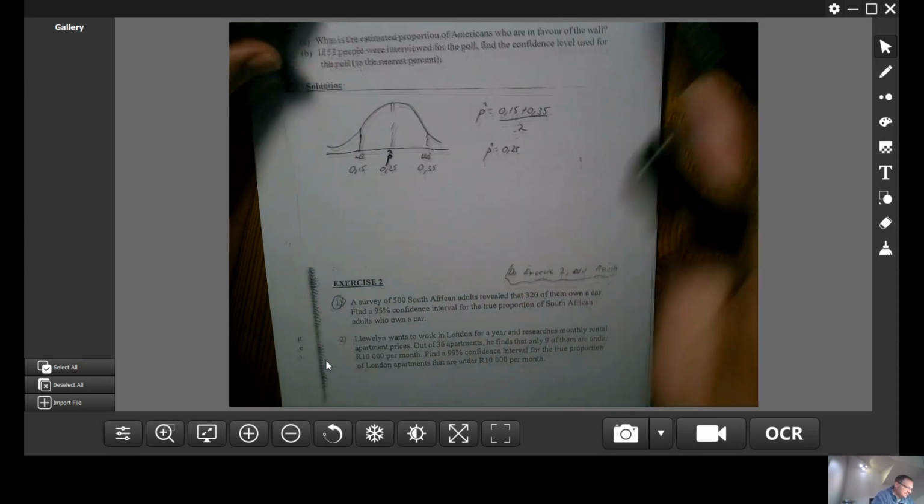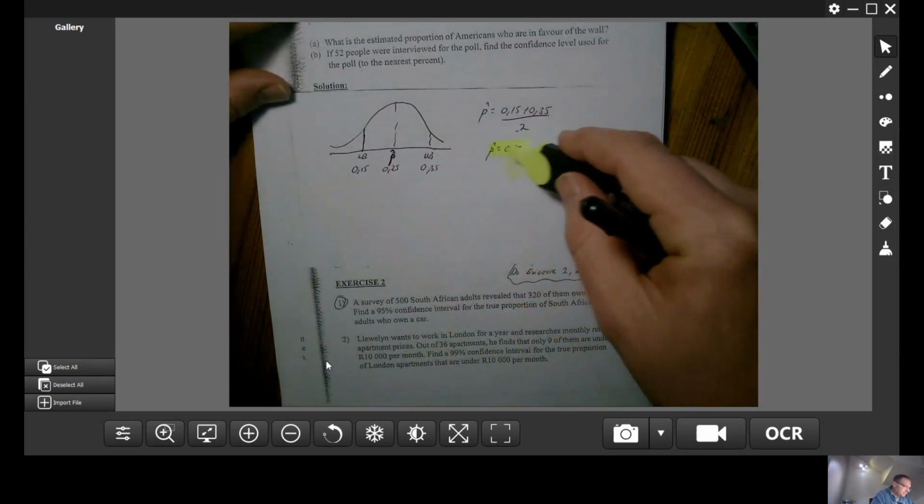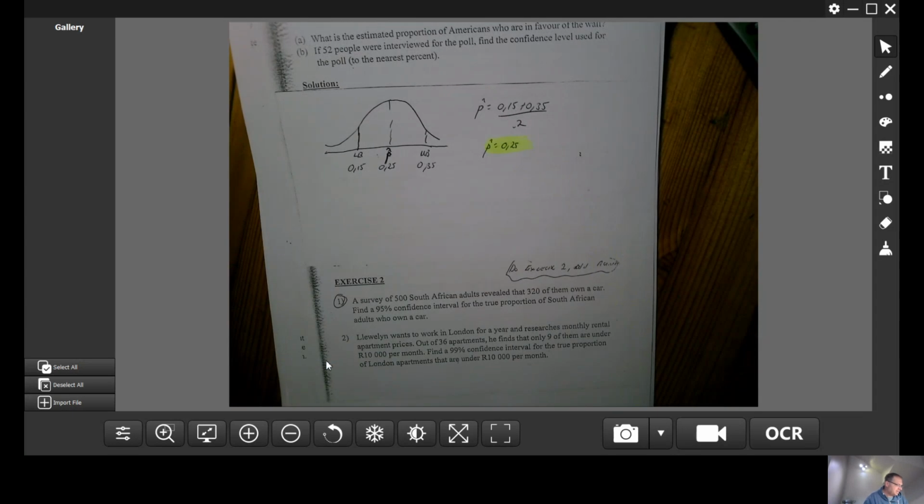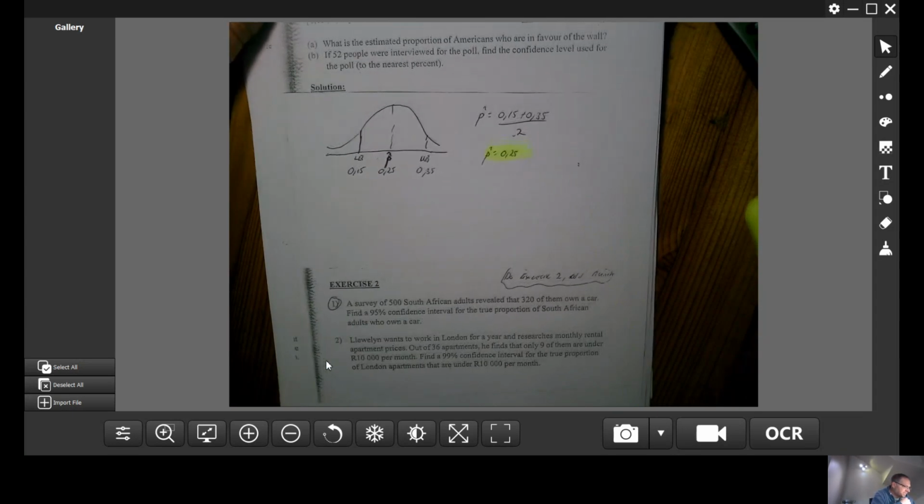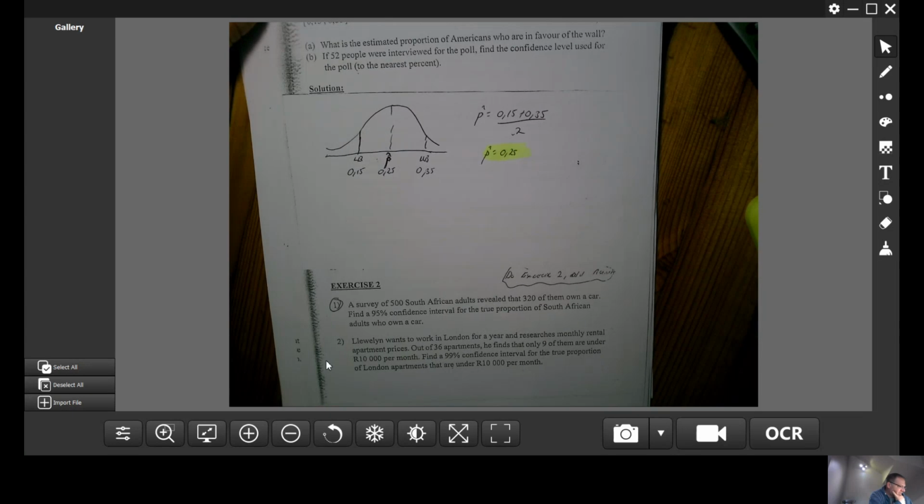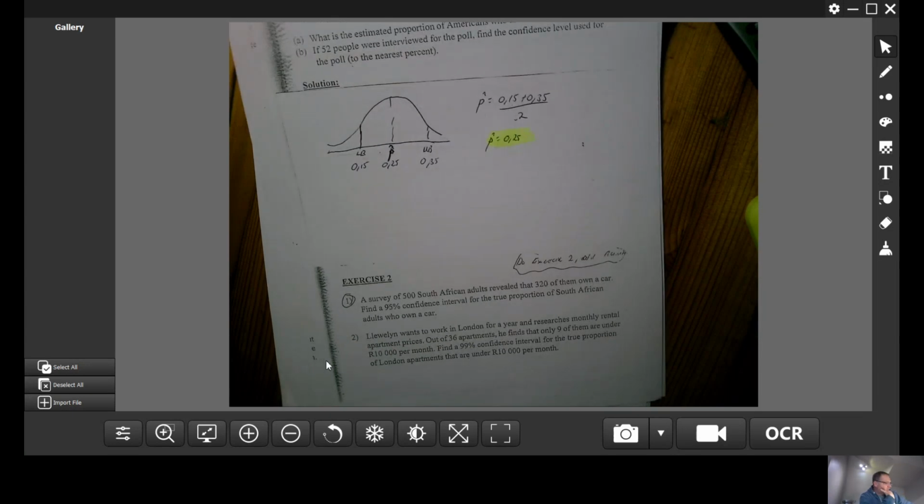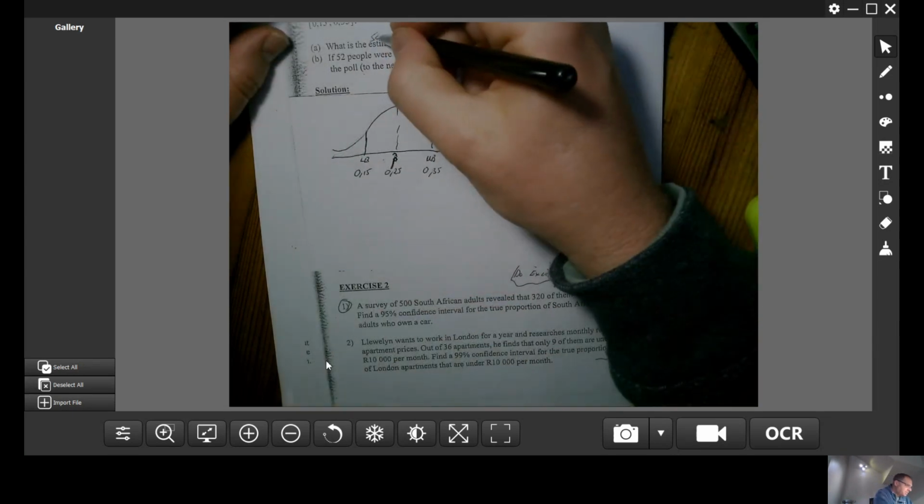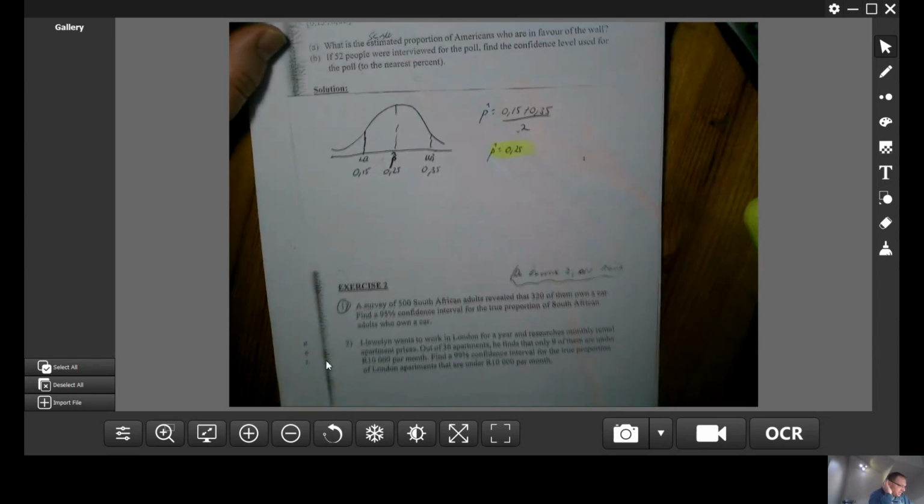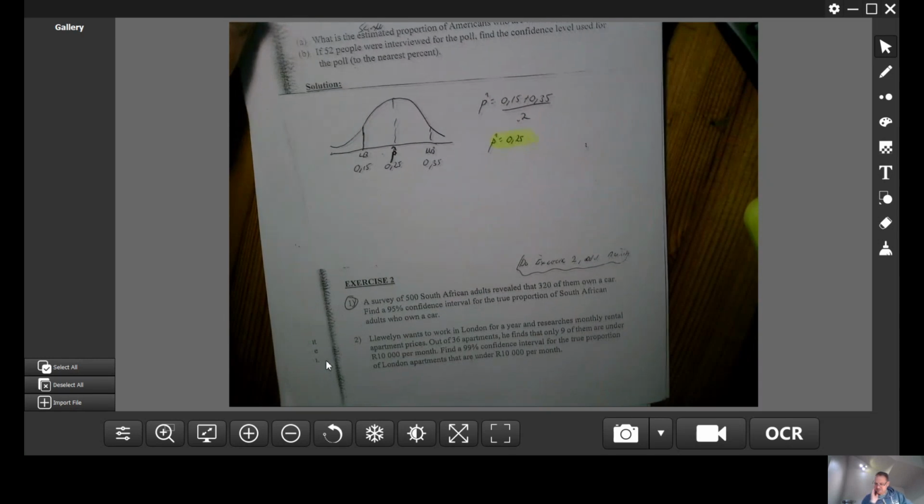Okay, so now we've got P hat. This is the estimated proportion of Americans who are in favor of the war. I would have said, what's the sample proportion instead of the estimated proportion? I would have made that question: what is the sample proportion of Americans who are in favor of the war? And that's sitting at